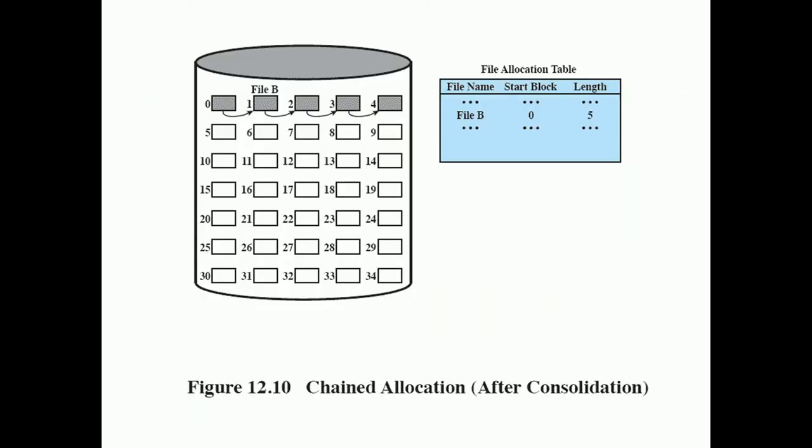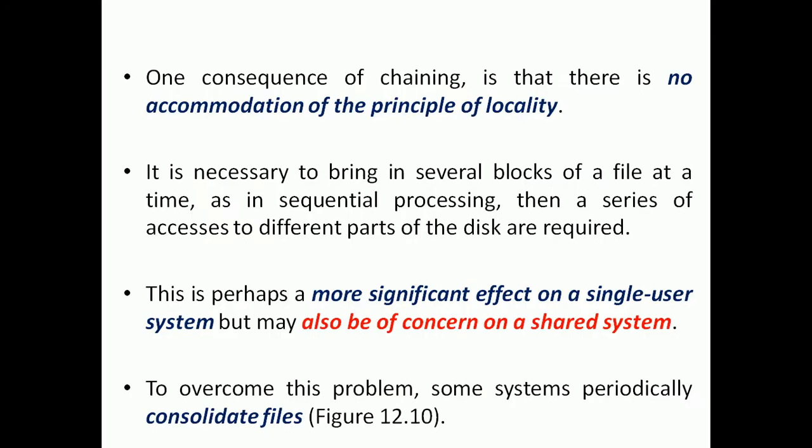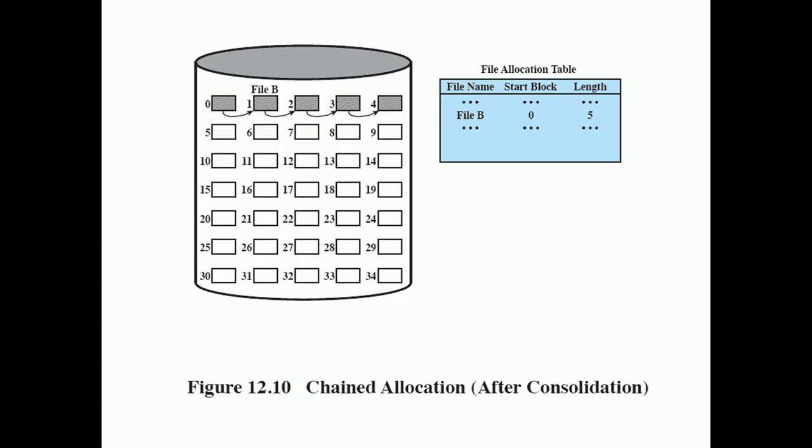So after the consolidation, what we are going to do is divide the allocated space into one area, that is, a continuous area, and the free buffer list into another area, that is called a consolidated file. So this is a typical diagram for contiguous allocation after the consolidation.